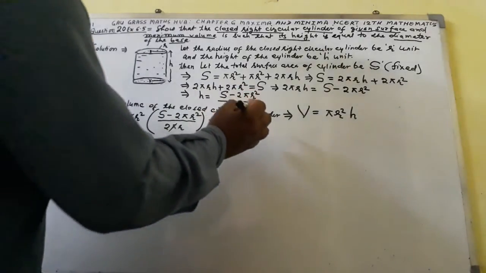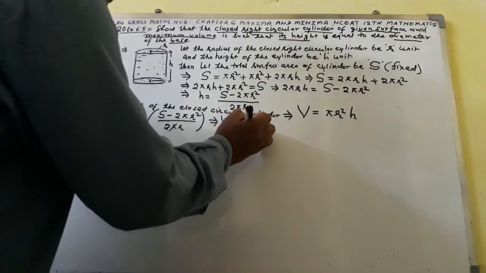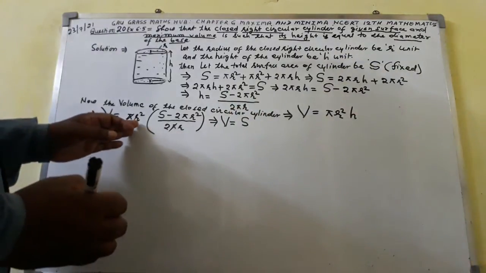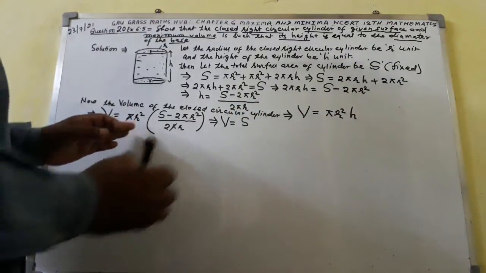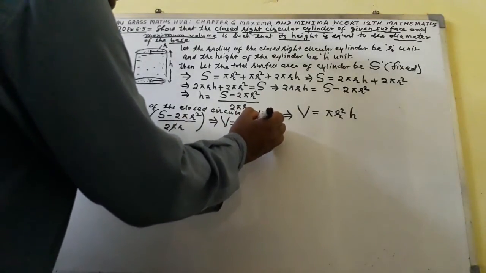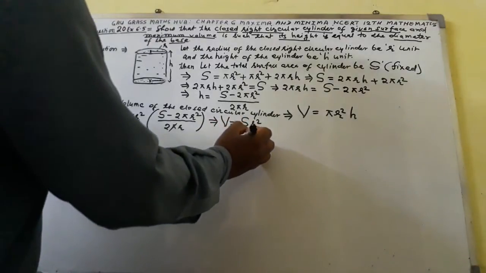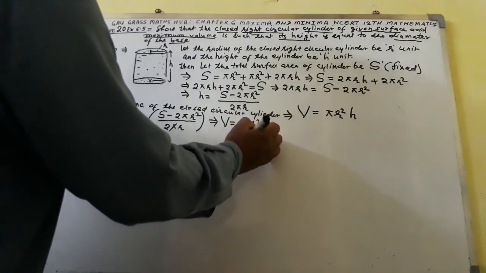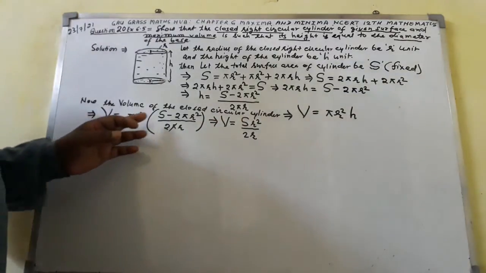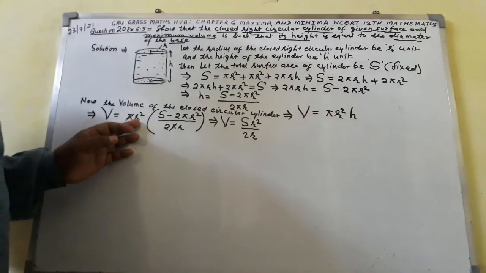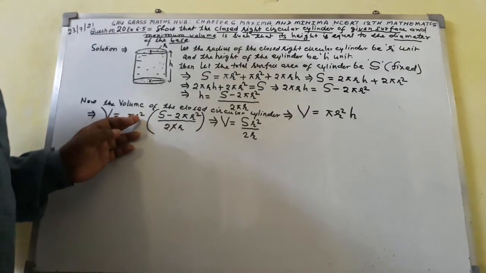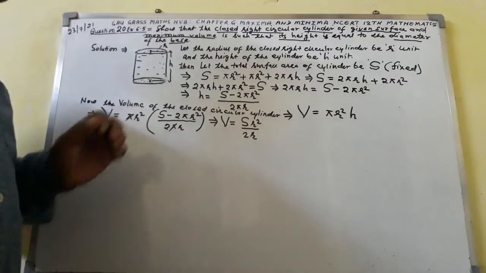So here you will get S r square over 2r. S will multiply to r square. You will get here S r square over 2r